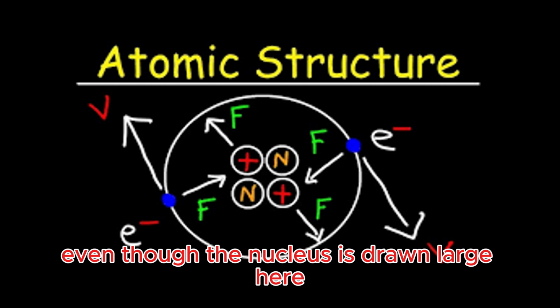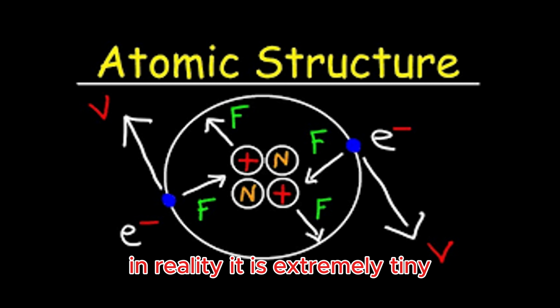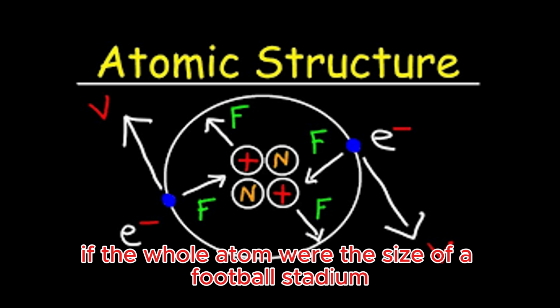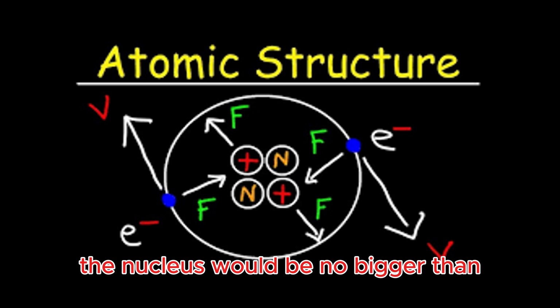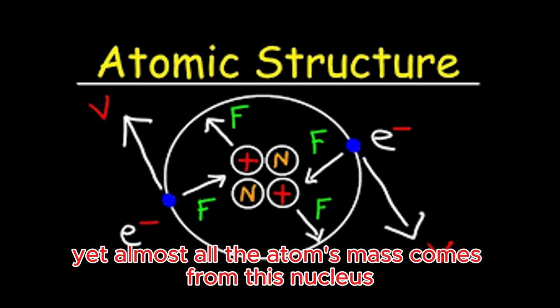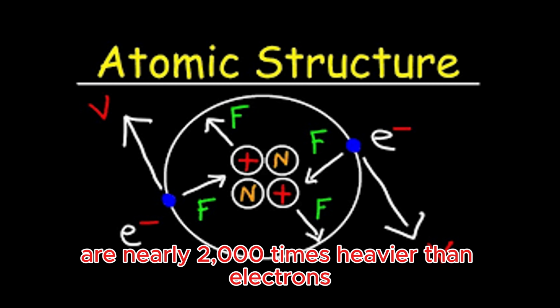Even though the nucleus is drawn large here to make it clear for students, in reality, it is extremely tiny compared to the overall size of the atom. If the whole atom were the size of a football stadium, the nucleus would be no bigger than a marble at the center. Yet, almost all the atom's mass comes from this nucleus because protons and neutrons are nearly 2,000